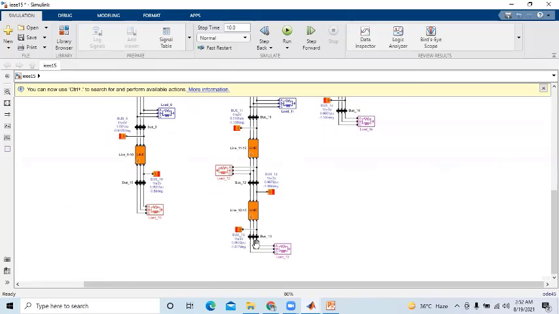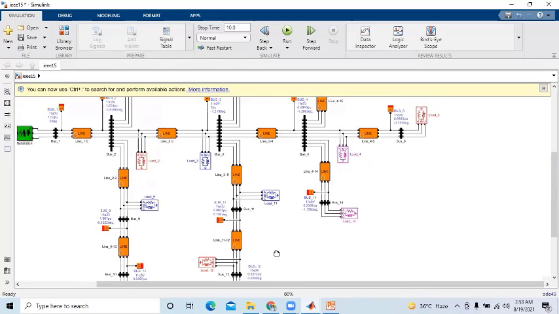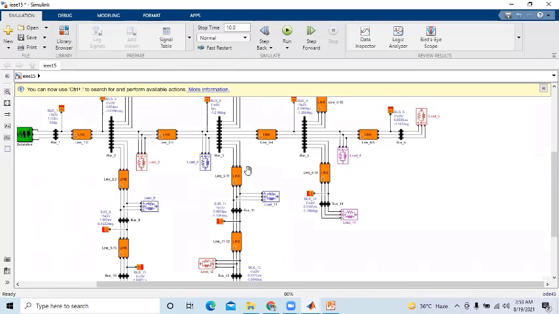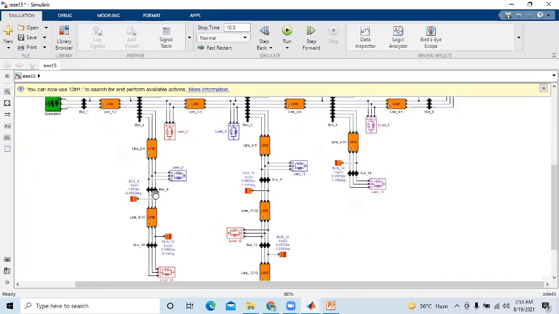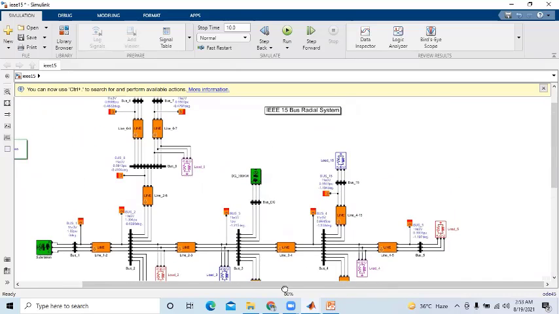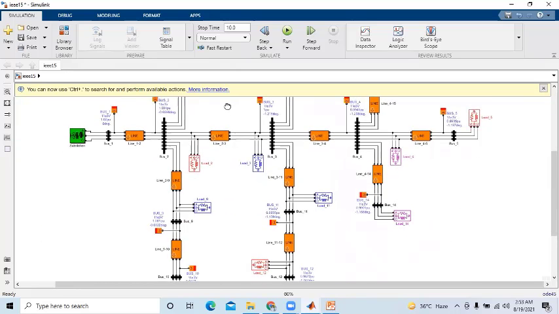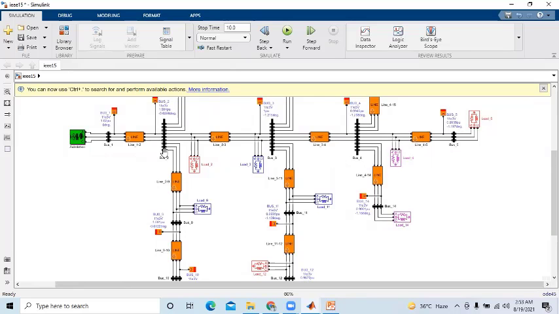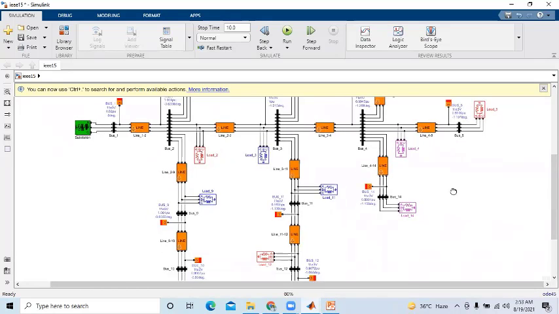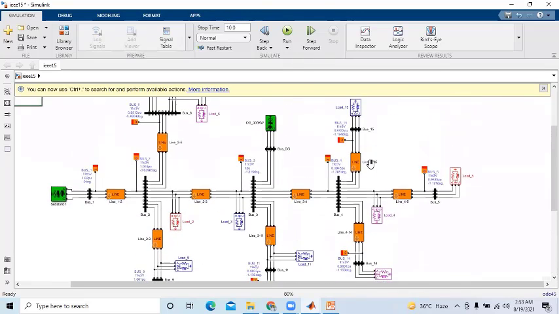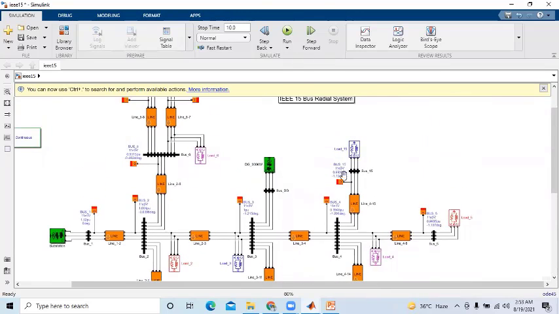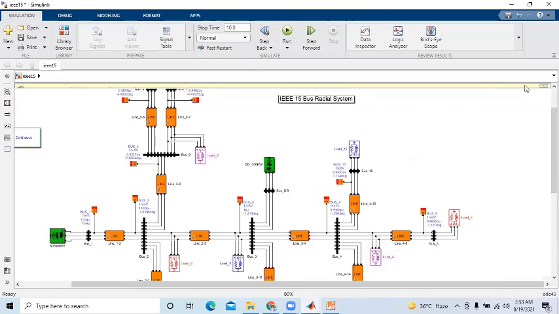So this is bus number 13, bus number 12. This is bus number 11. Then you have bus number 10 and 9. Then you have bus number 8 and 7 over here. Then bus number 6. Then you have bus number 5, 4, 3, 2, and 1 like this. So here we have a total of 15 buses in this system. And here is bus number 15. So this is the connection for the various buses at different locations, creating the complete IEEE 15 bus radial